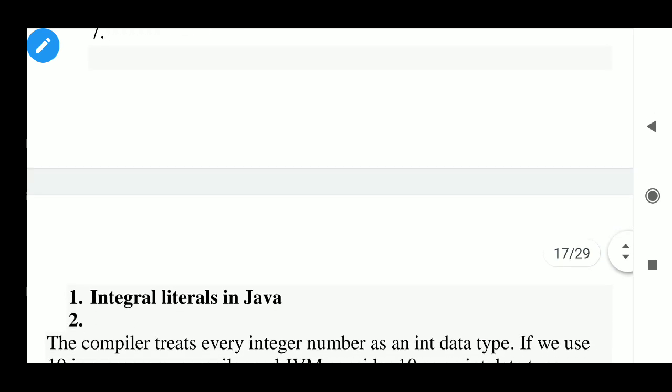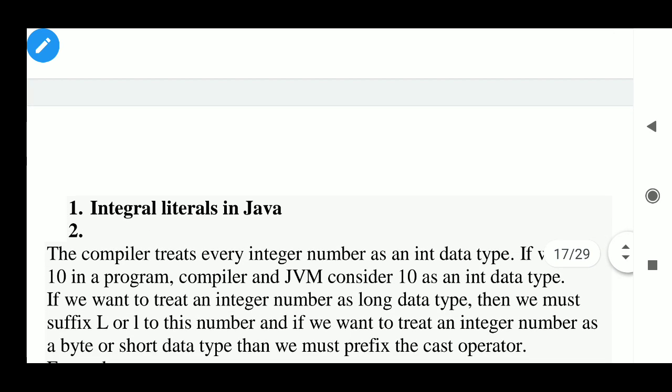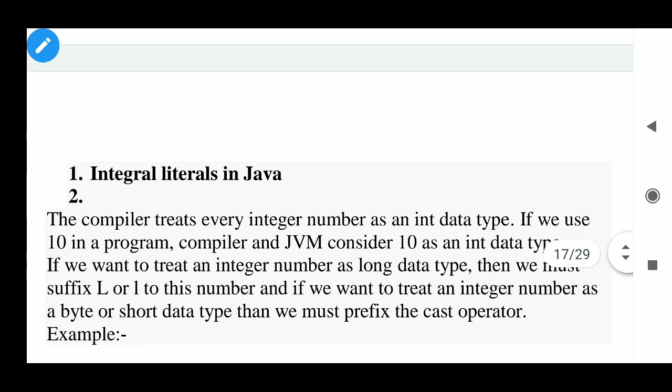First is the integer literal in Java. The compiler treats every integer number as an int data type. If we use 10 in a program, the compiler and JVM consider 10 as an int data type. If we want to treat an integer number as a long data type, then we must suffix L or small l to this number.